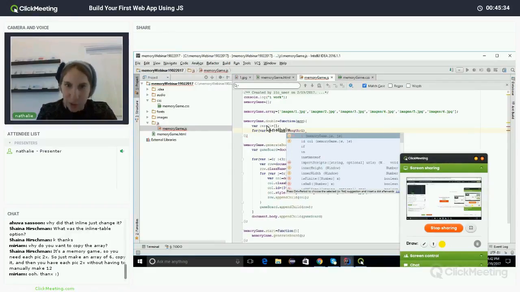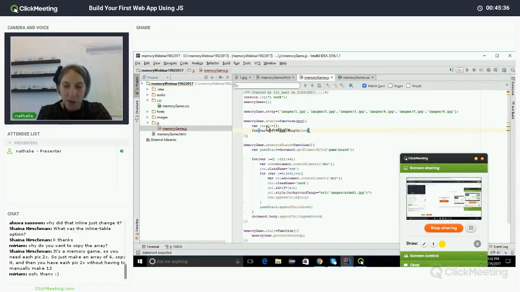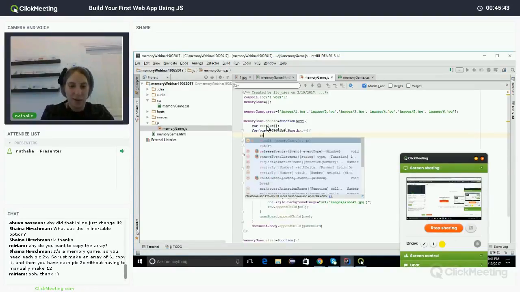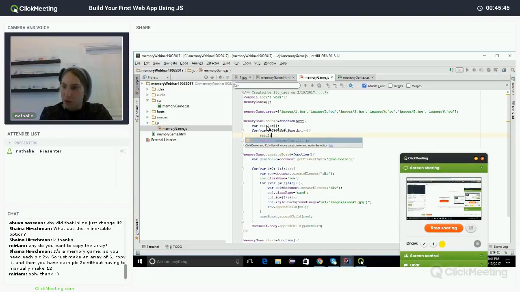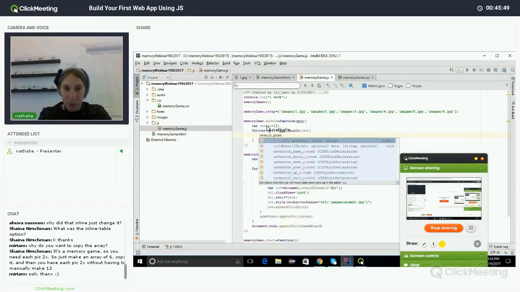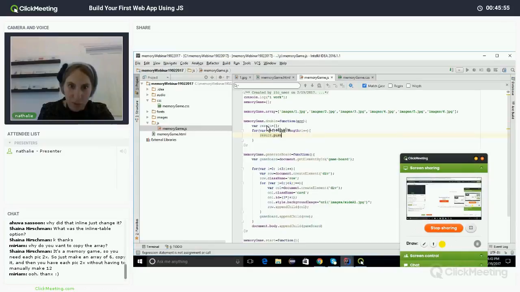So the function push, when applied on an array, adds the element at the end of the array. So because result is here an empty array, I'm pushing every time at the end of result the element